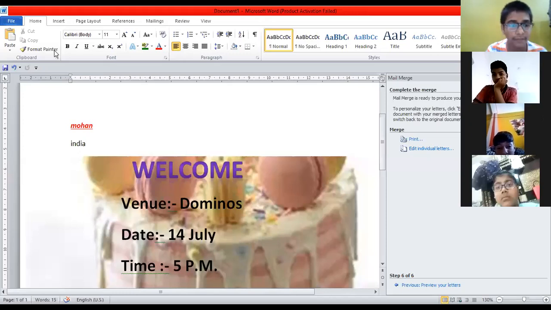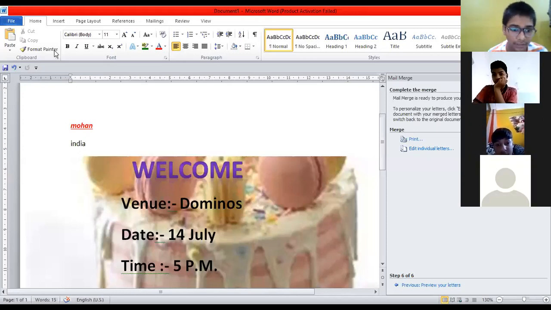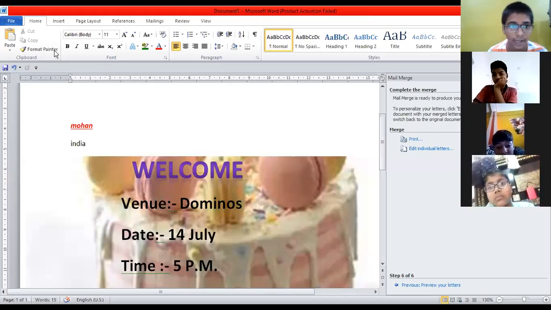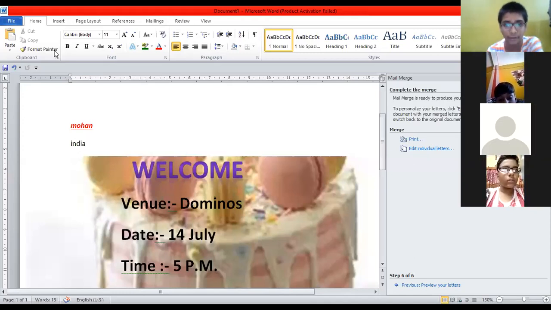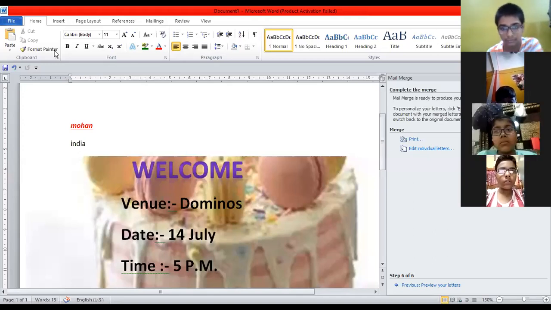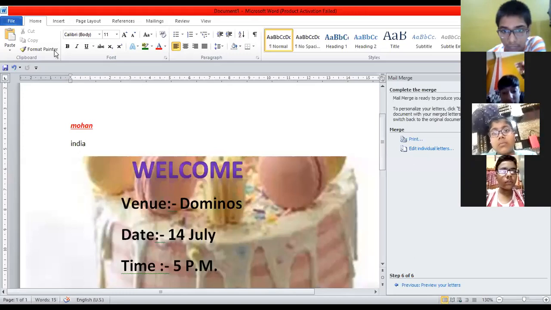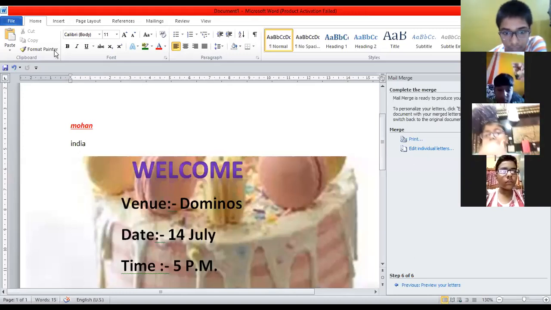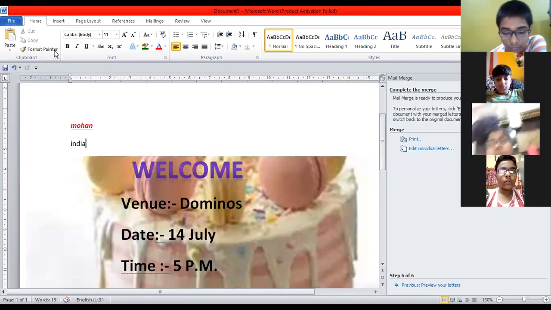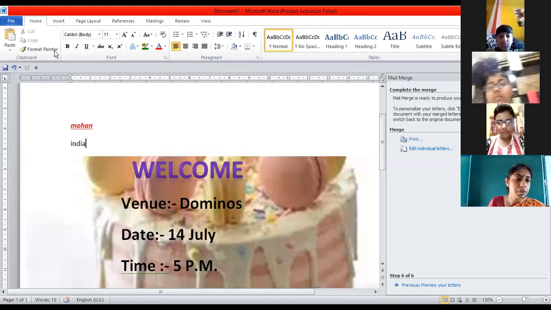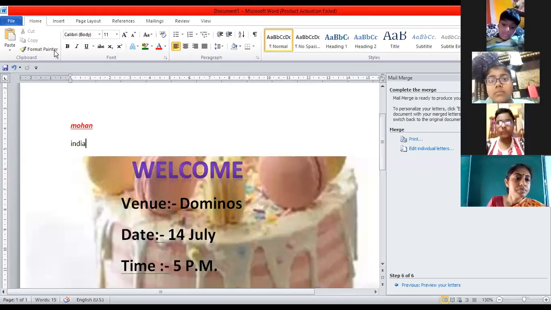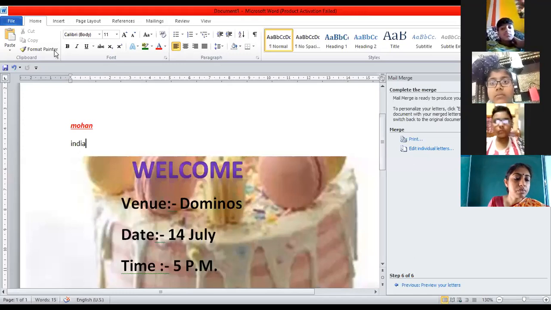I was going at page layout and inserting from there, and no problem, I can write on the picture also. That only I'm saying, there are many other ways. I have shown you the simplest way. If I tell the other ones, so many steps, complicated ones, many students will get confused. That is why I have not told that one. Understood? Okay, Miss.